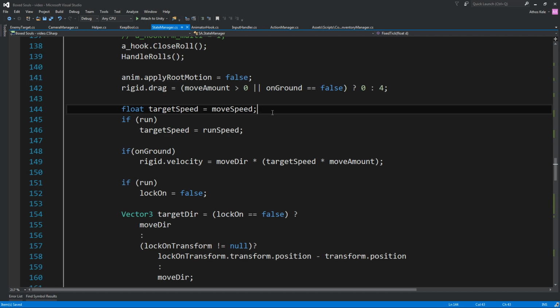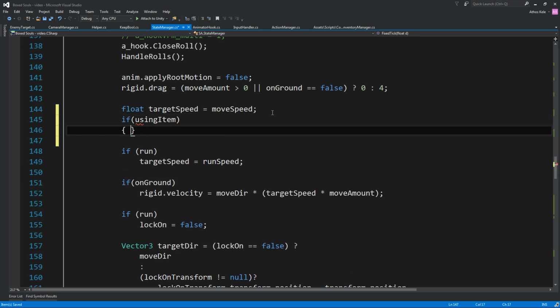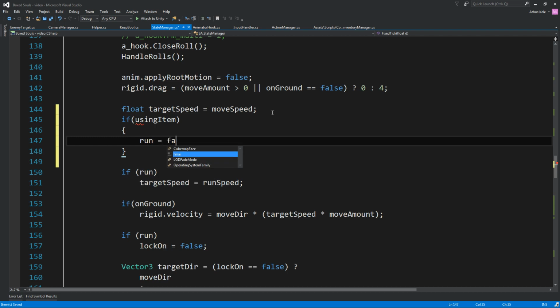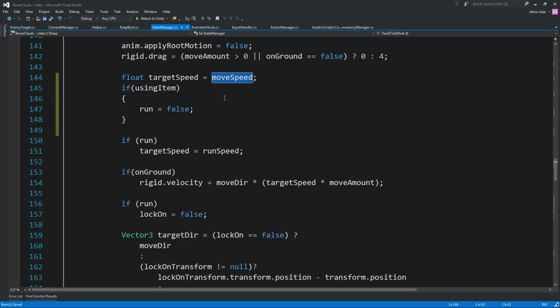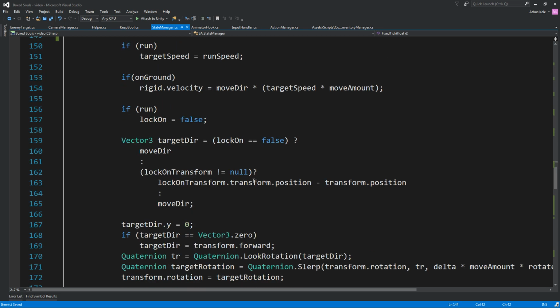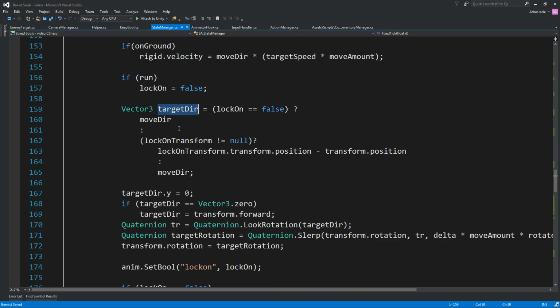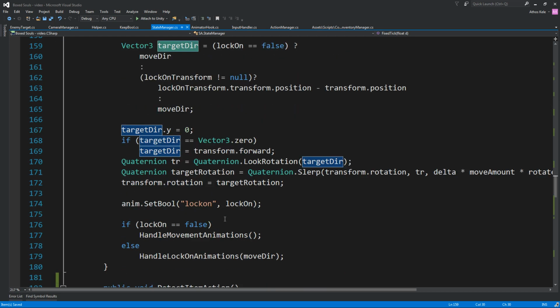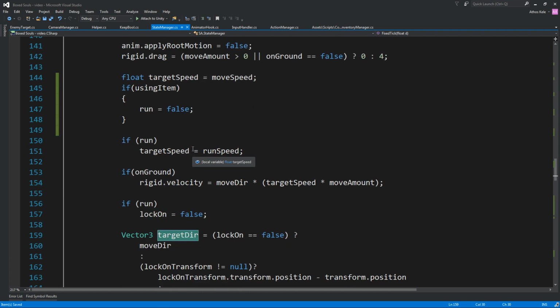let's see, it might be kind of a brute force, but let's see. If using item, run will be false, and that means it will just stick to the move speed, and the move speed should also have a target direction, let's think,